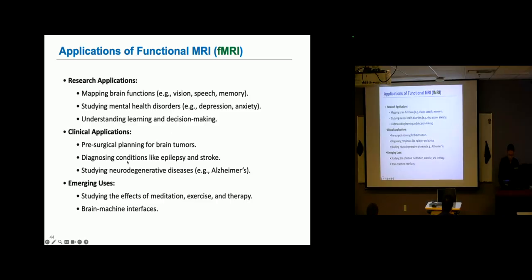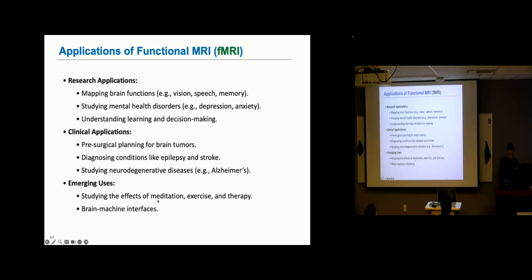Okay, and for the clinical applications, right? We can do pre-surgical planning for brain tumors, right? If we know that the structure is not enough, we also have to look at the functions. Then we can use structural MRI and functional MRI together to determine which part we have to do the surgery on. And also, the most common use is studying neurodegenerative diseases, like Alzheimer's, right, or any of the dementias. That is related to your brain function, right, so we can use the functional MRI and see which part does not function as a normal brain, okay.